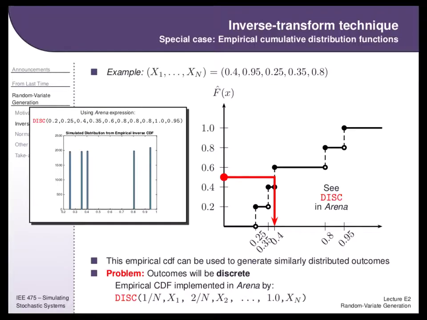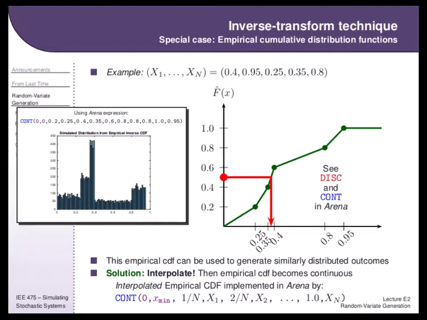want this to approximate a continuous distribution that just happens to show these outcomes with the same proportionality that they had here, but I still want other outcomes. Like if I'm approximating a continuous distribution and I've only looked at a small sample set, this would not be a good approximation, because I would never get values in between here. If I only took a couple of data points, I was just unlucky to never get them in between here. So one option, if you can't take more data, is ARENA gives another command called cont,